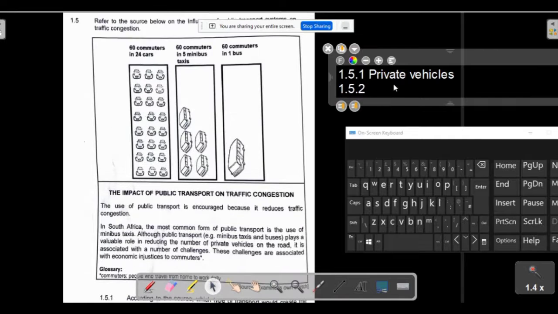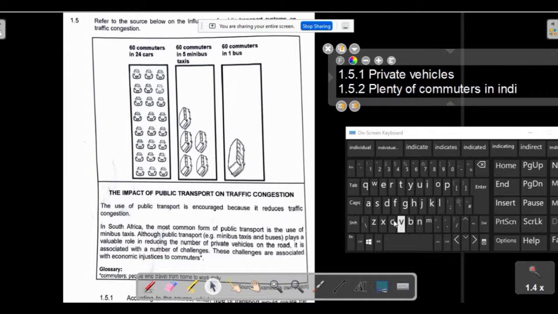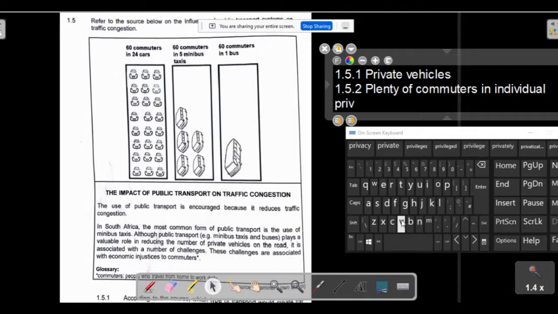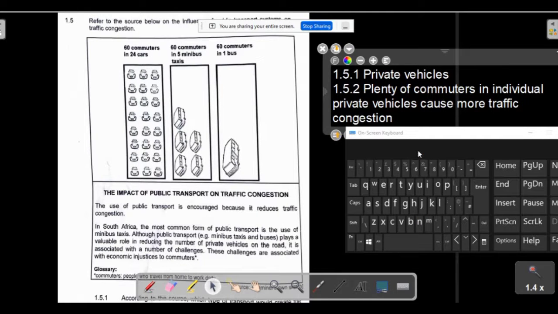So the reason for the answer, we can say that plenty of commuters in individual private cars, vehicles, cause more traffic congestion than the same number of people